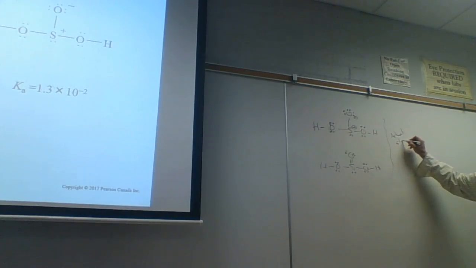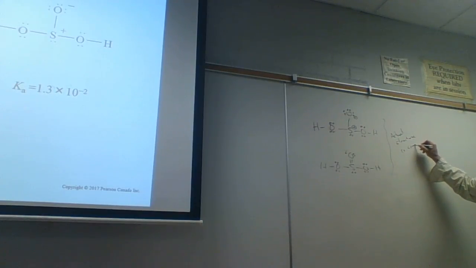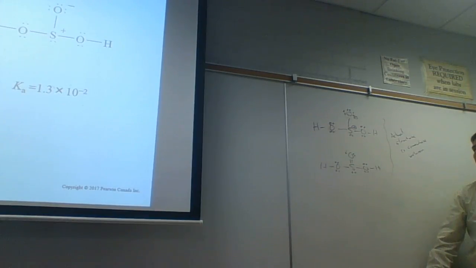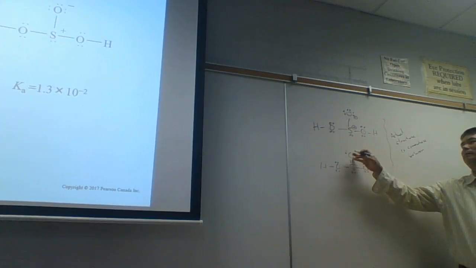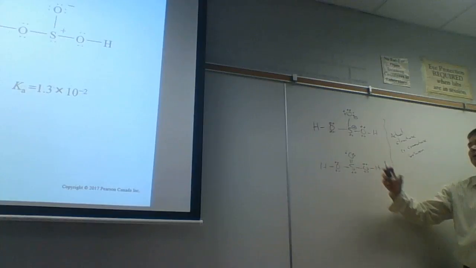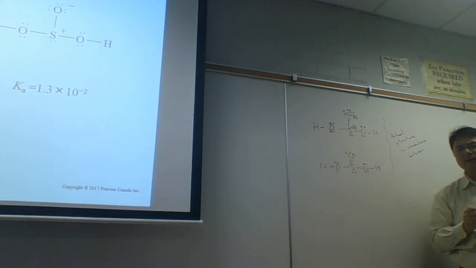The actual structure is somewhere between, depending on how much d orbital participation we have in distributing the electron density. In other words, some of the electron density can be pushed back here. And so there have been studies about bond length. But bond length, when we look at it,